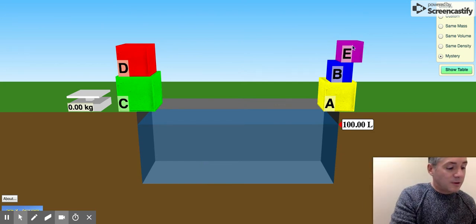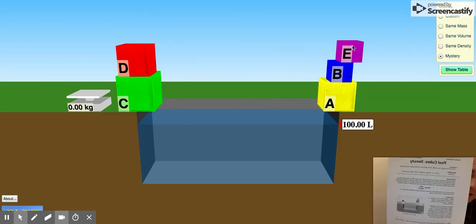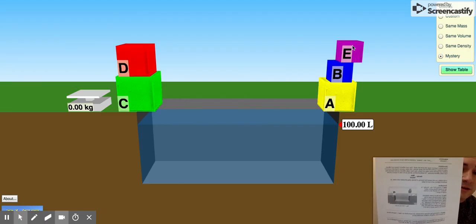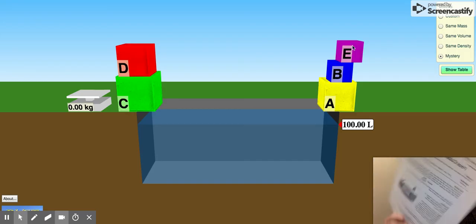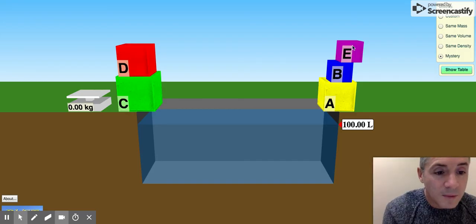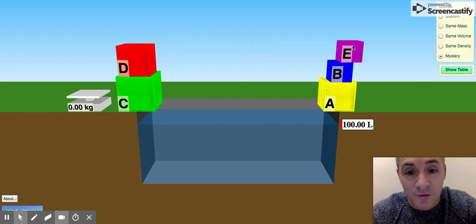And then this part. When you get to this part right here, all right? This one, you're using the mystery tab for that one, all right? And it's basically very similar to what you did on the other one, so not hard, all right? So be good, do your work, all right? If you get finished, do the review, because I'll give you a quiz over this on Friday, over this material,